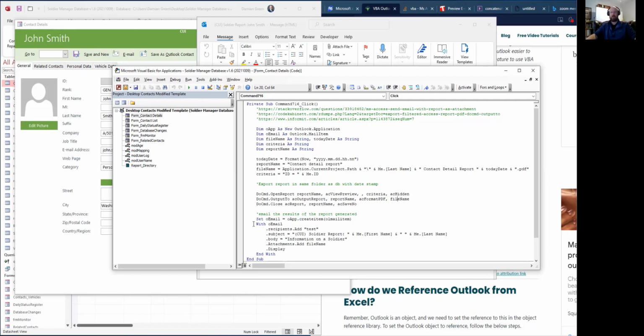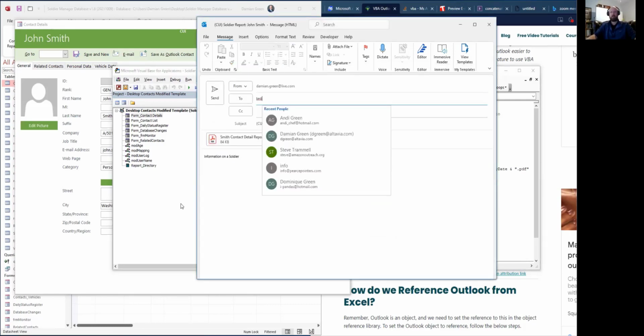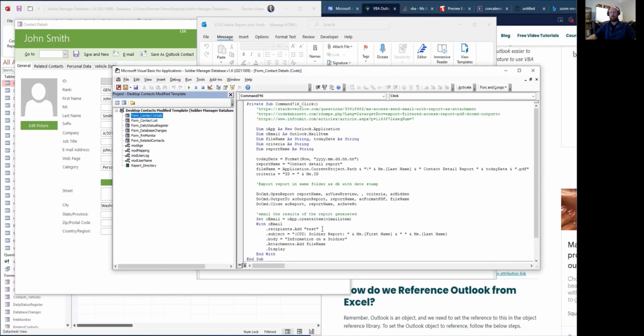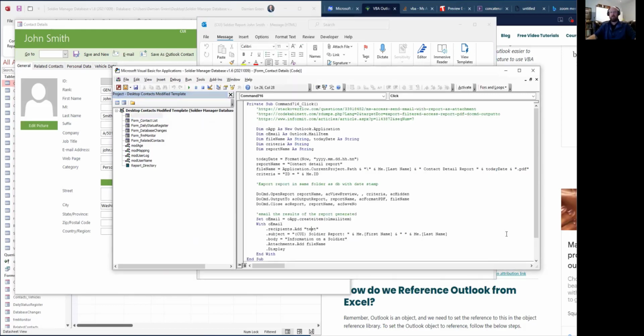Then the next thing that this code does is it goes in and it generates the email with the recipients. And like it says here, the first recipient that it's added in is test. And we could change that over time to send it to a specific group, or send it to the soldier, or send it to ourselves. Populates the subject line with controlled unclassified information, soldier report, that's fixed data. The me.first name, it's reaching into the current record and looking for the first name, joining that, concatenating that with the last name of that current record. In the body of the email, it's dropping some straight up text, and then it's attaching the file name,